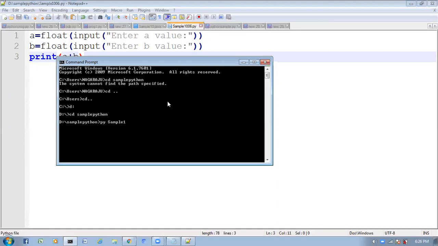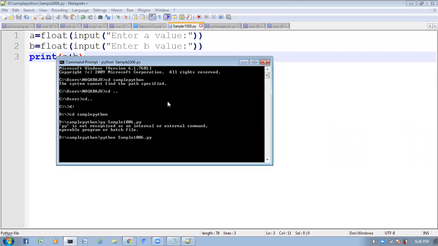Sample1006.py. This is my program. Whenever I run this program, python sample1006.py, it will ask enter a value.